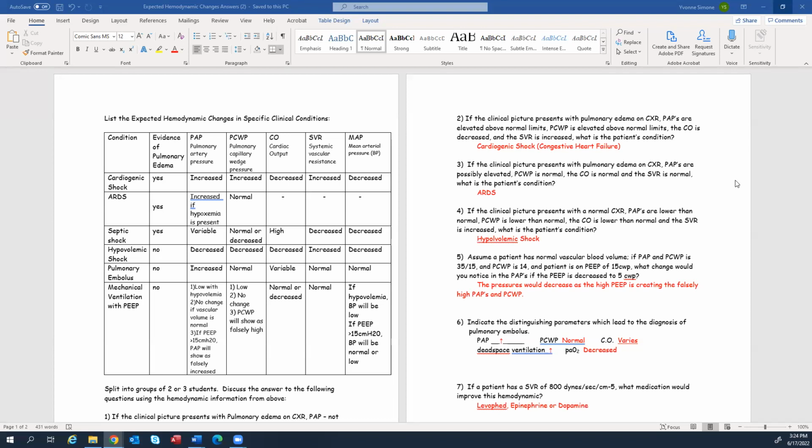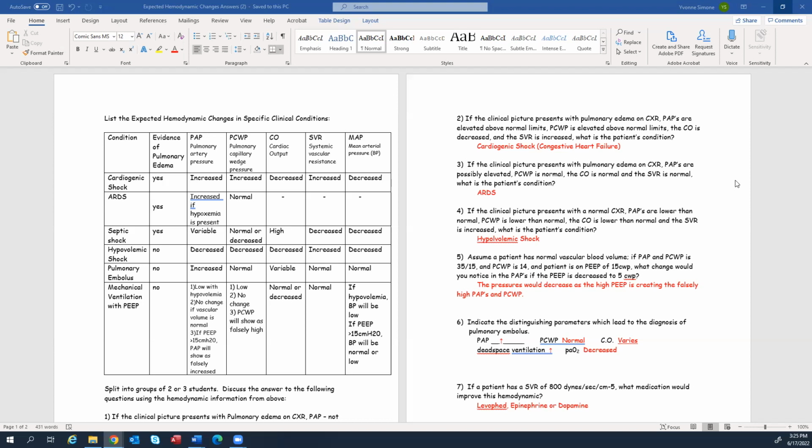The patient is on PEEP of 15 centimeters of water pressure. What change would you notice in the pulmonary artery pressures if the PEEP is decreased to 5 centimeters of water pressure? And the answer is the pressures would decrease because the high PEEP is creating falsely high pulmonary artery pressures